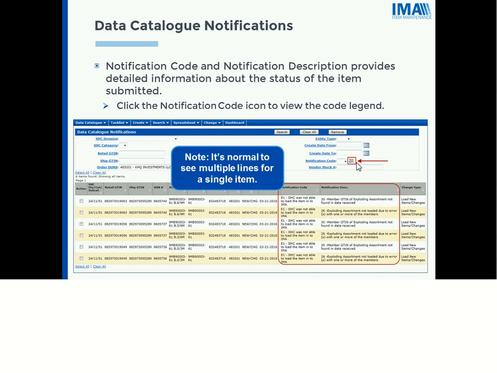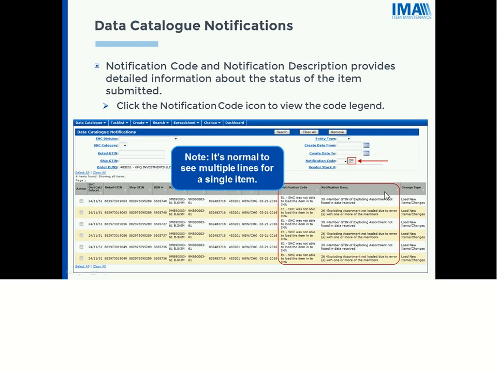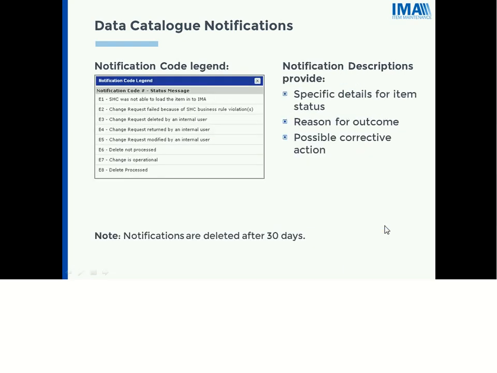Okay, so if you click the notification code icon, you can view the code legend. And this is what that legend looks like. So it's going to list out your codes, the E1 through E8, and it's going to provide some details about that code. And then to the right of that, you saw your notification description right here. And your notification description is going to provide specific details for item status, the reason for the outcome, and/or